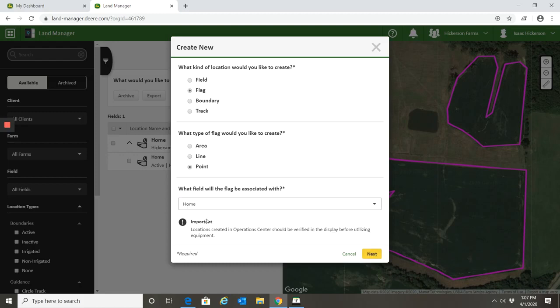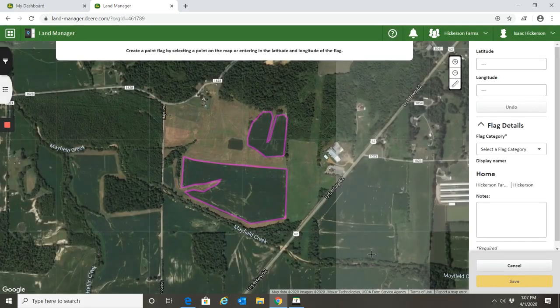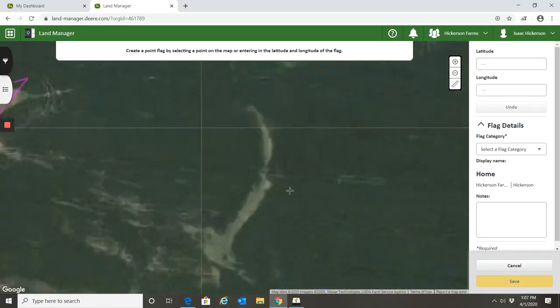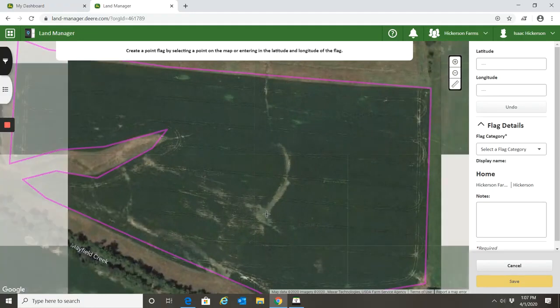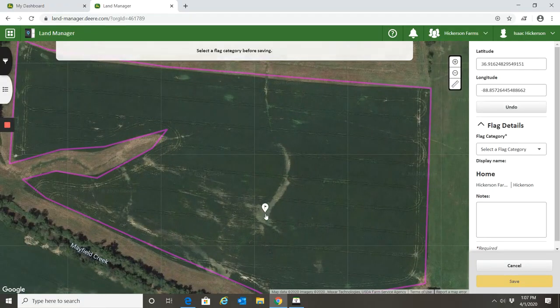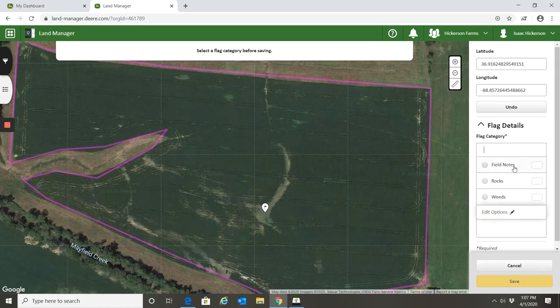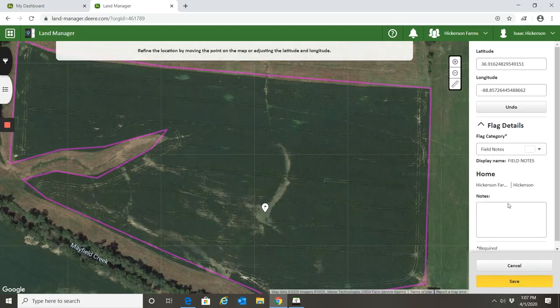It asks me which field I want it to be associated with. I go next. So now it's going to ask me, where do you want to create this point? So I just come in here and say, you know, maybe in here in what looks like a waterway, I drop one. So it's going to give me the lat long for this. Now I have different flag categories I can choose from: field notes, rocks, weeds. Let's just call this a field note. And my field note is this waterway rough crossing. Save that,